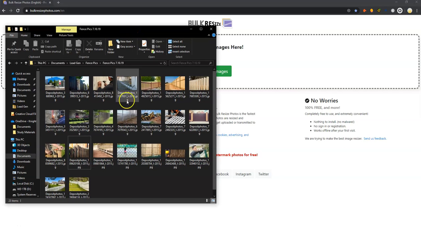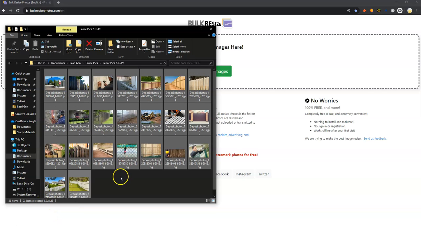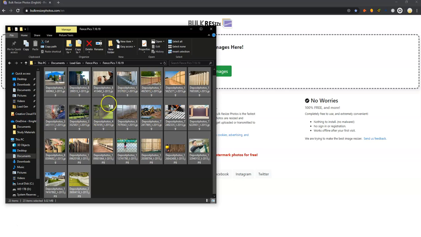So here we have a folder with a bunch of pictures. As you can see, we're holding on to like 23 images. Typically you want to have way more than these on your website, of course, but that's fine for this example. The first step you're always going to want to take is to make sure that you check the size of the images. So in this example, let's say that these are all the pictures that are going on my home page. Well, I can tell very easily by selecting them how much space they're going to take up